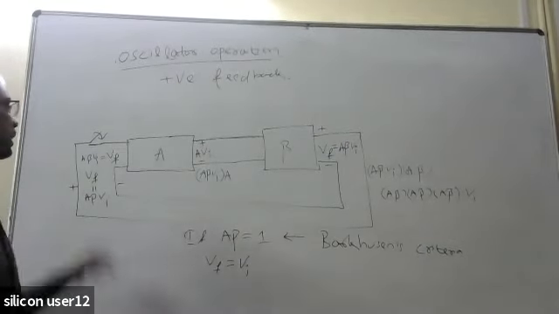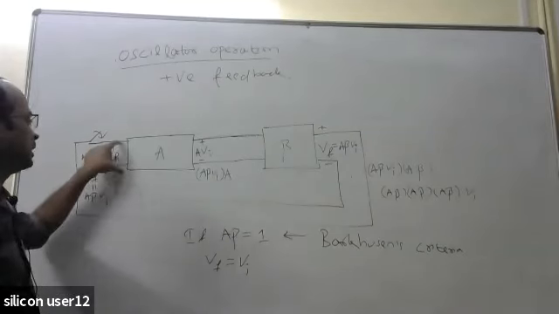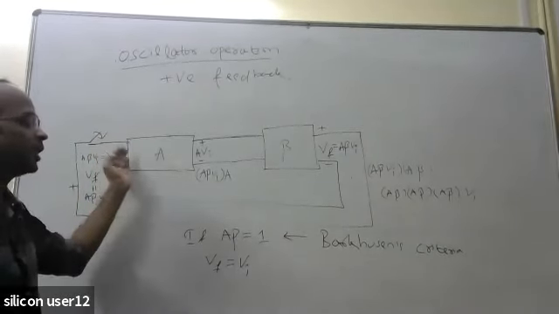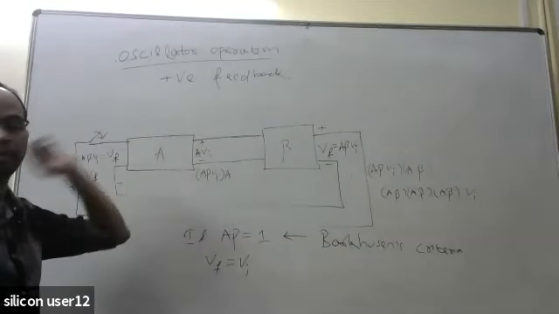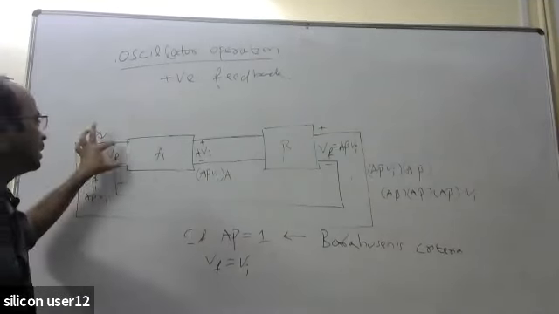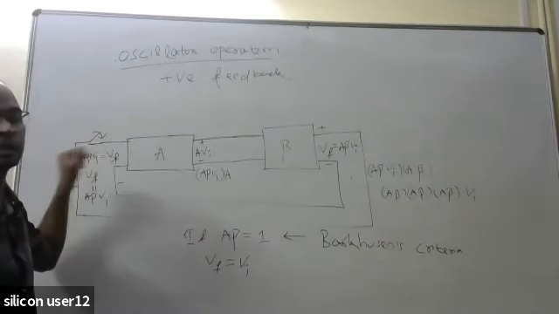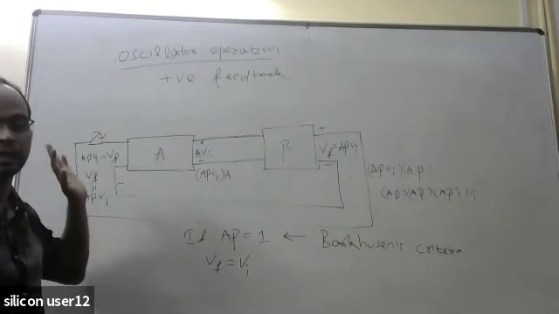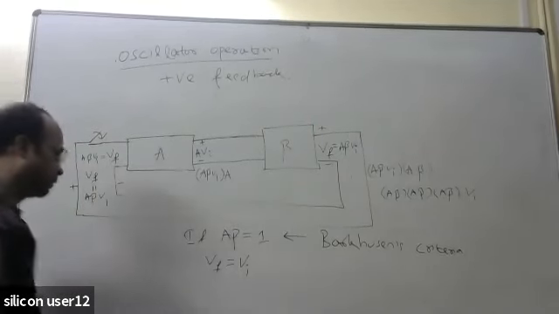Okay, so here I explained that initially a signal Vi was dedicatedly given, and that signal Vi was increased by a factor of A beta in each iteration. But practically we don't give any signal explicitly. Manually we don't give any signal. Automatically that signal is getting created. How it is created, that we'll see.